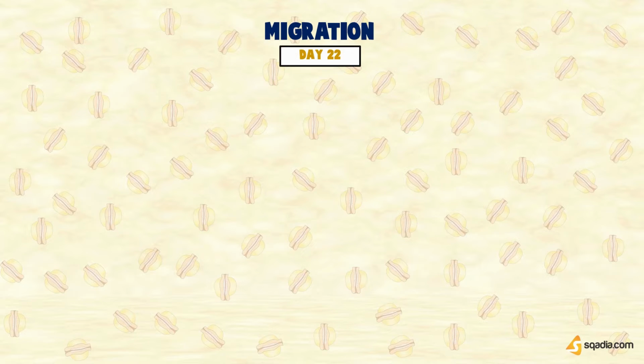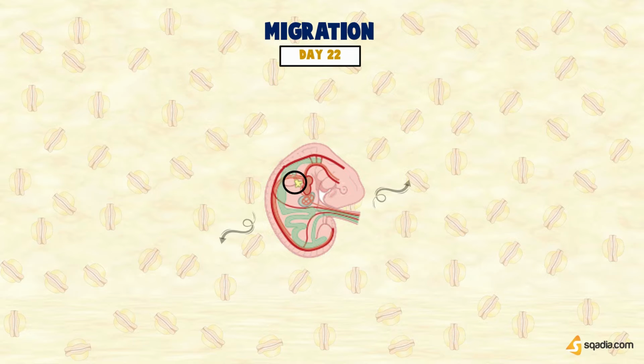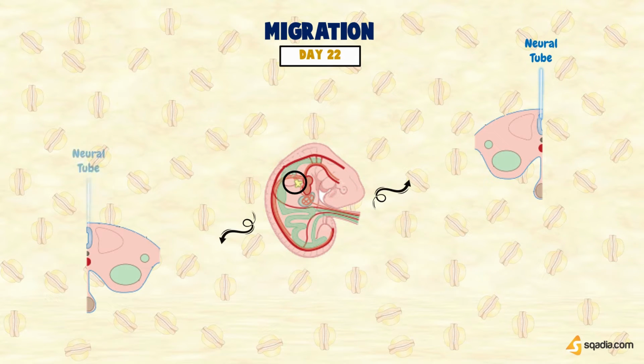Now, let's discuss the migration of neural crest cells, where the time period is from day 22. If we focus at this point, this is the neural tube. This is the mesonephric duct. In male embryos, the mesonephric ducts give rise to the ductus deferens, epididymis, and seminal vesicles. The ductus deferens connects the testes, where sperm is produced, to the urethra, allowing the transportation of sperm during ejaculation. The epididymis provides a site for sperm maturation and storage, while the seminal vesicles produce seminal fluid, contributing to the